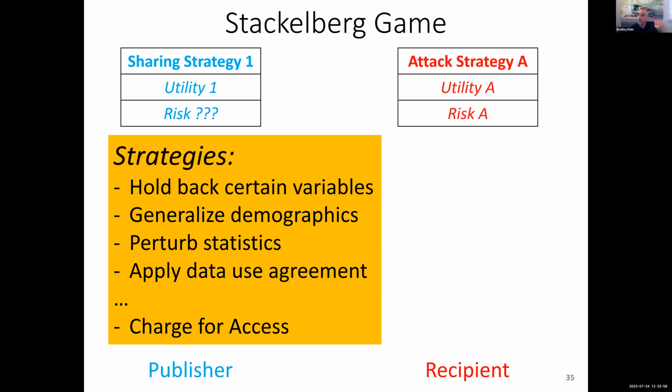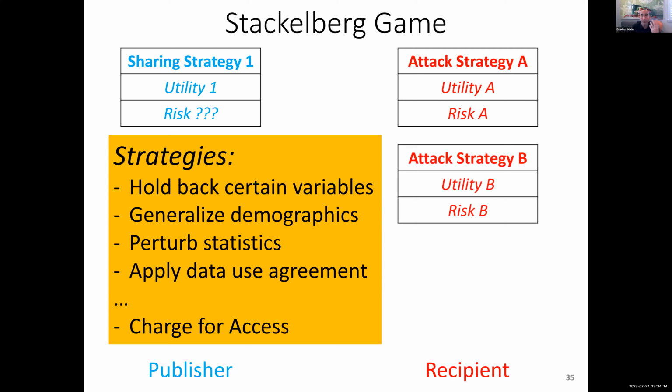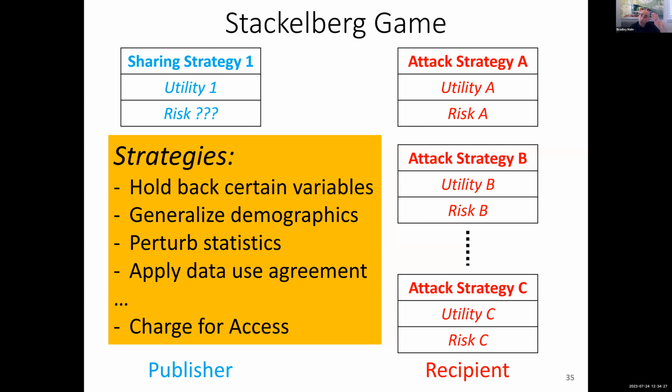And then we look at the recipient and we say, okay, there's many different things that they could do in the system. And they're going to get their own benefit from running an attack. And in doing so, they're going to also induce a certain level of risk. And you can play this out over all the different ways in which they could attack the system. And they could chain these together. But as they chain them together, they become more and more costly. They become more and more complex. And they do become their own strategies. So you can enumerate all these potential strategies.